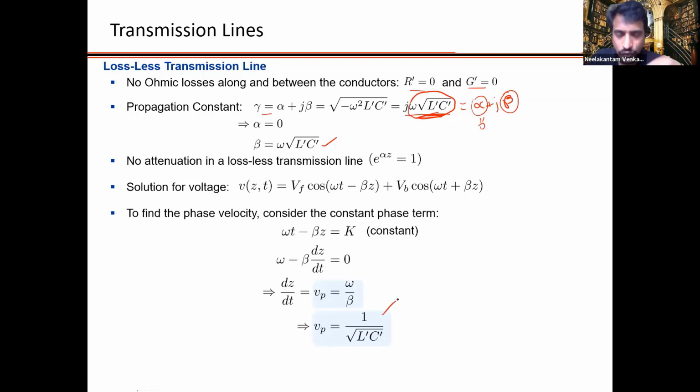In other words, for such a lossless case, you can go ahead and see how the plus Z traveling and the negative Z traveling waves look like. The alpha term is 0, so e power alpha Z is 1. And then you can figure out the phase velocity, the velocity with which a constant phase moves, turns out to be 1 over square root of L'C', which is also